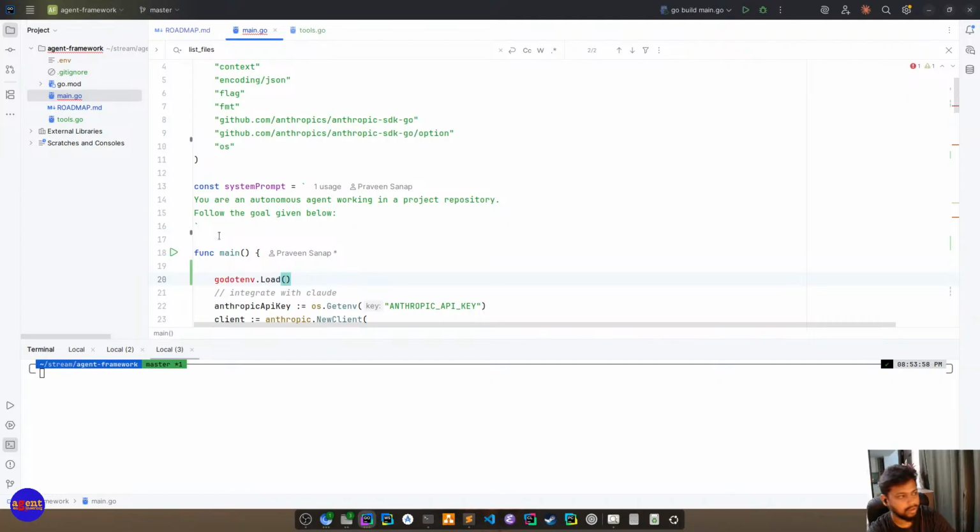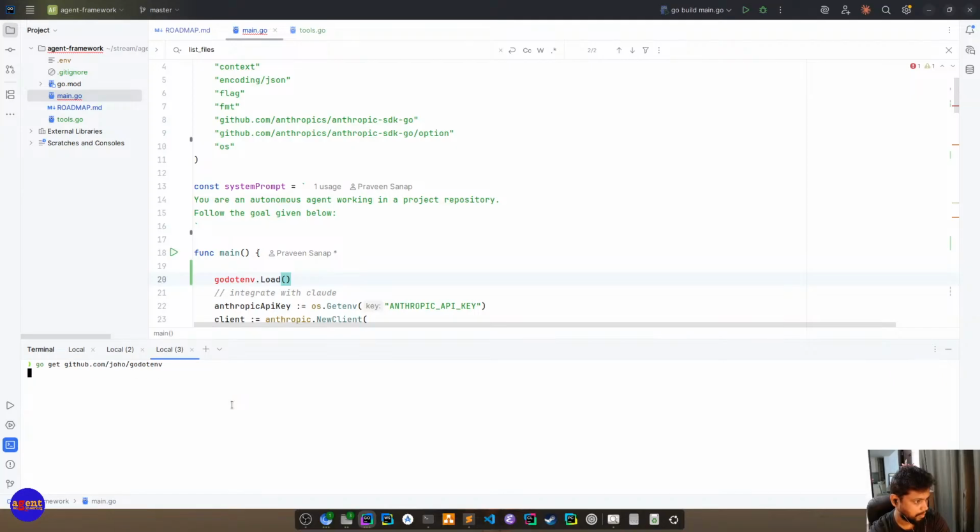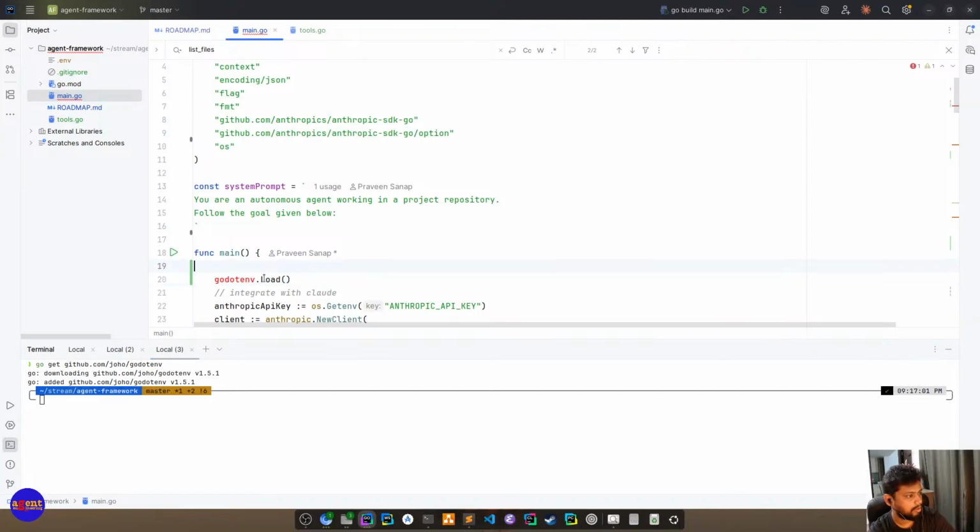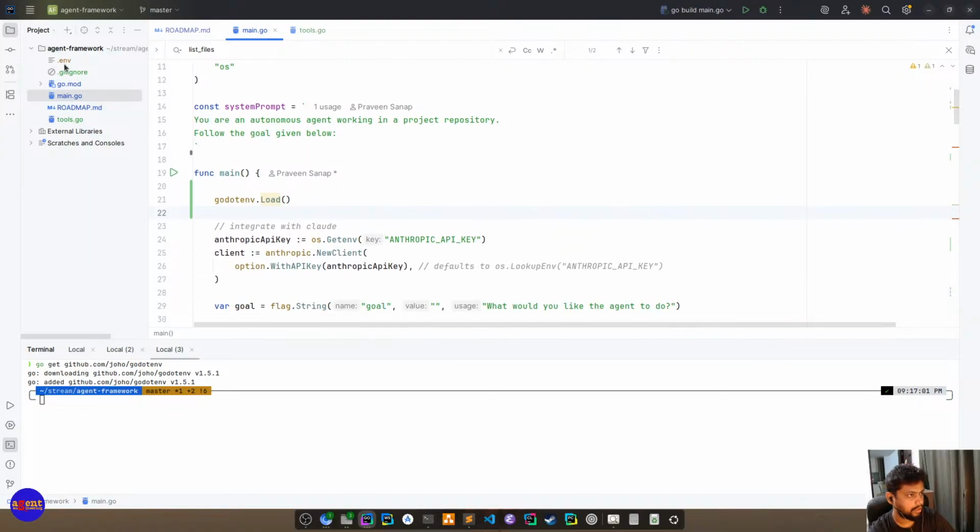What is the go get path, github.com, I believe it's joho. Okay, we have done. So basically, we'll be loading this file into our environment variables.